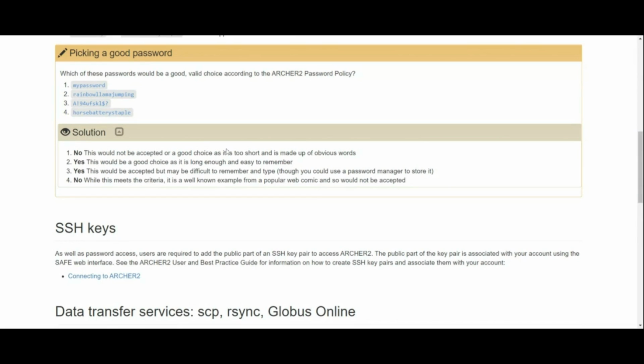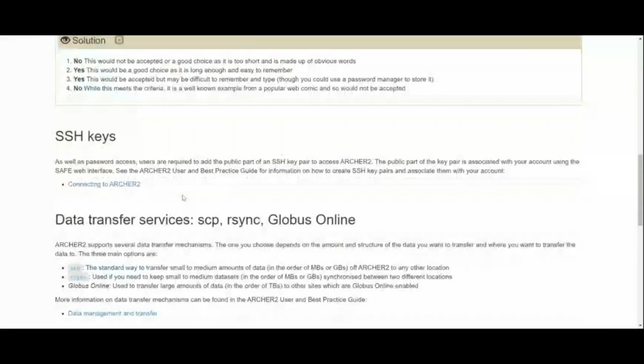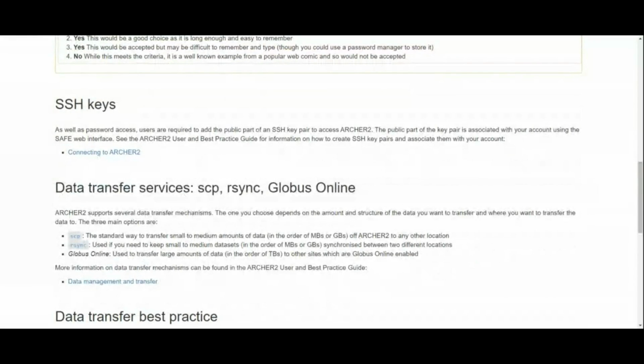When you sign up for an account on ARCHER2, what will happen, and hopefully the process you've been through, is you apply for an account through the SAFE site, and an account gets set up for you, and you get given an initial password, which you can access through the SAFE site. You can use that initial password as a one-time password to get onto the system, and then you have to change your password to something you choose. That's where these rules come into account, because it can be quite annoying if you use a password which it doesn't accept. But hopefully, as I said, I've seen quite a number of requests come into the project over the past half hour. So hopefully you've all got signed up to the system,